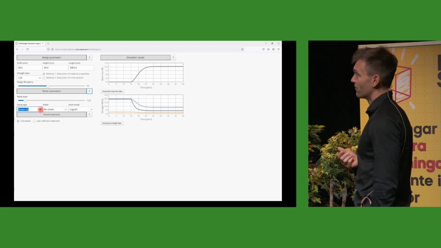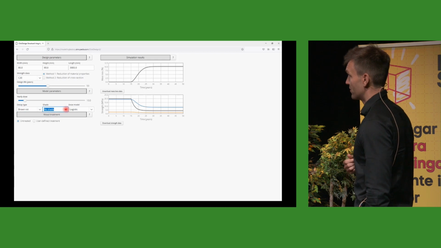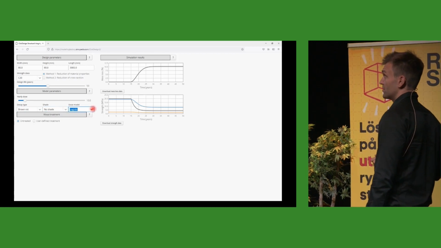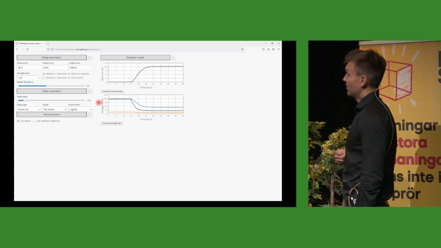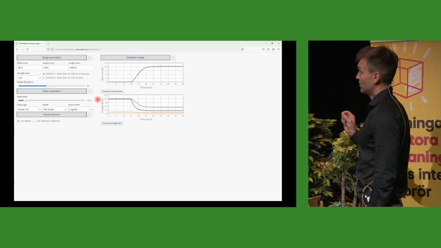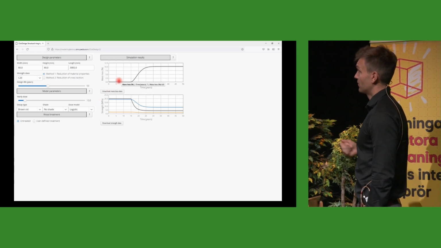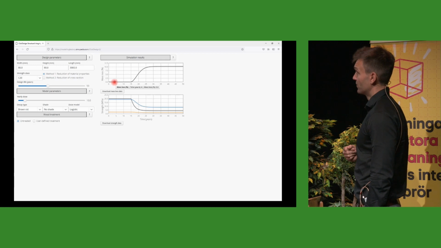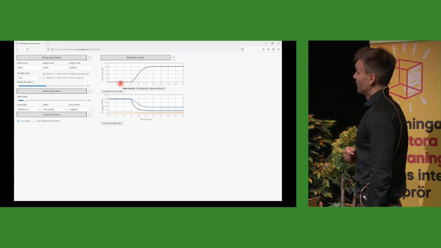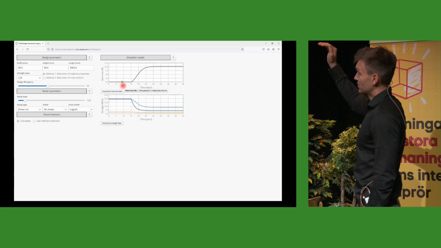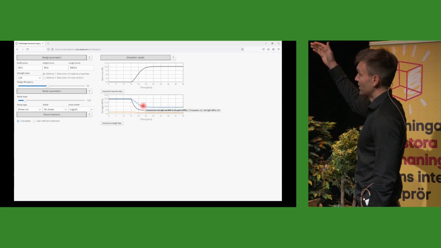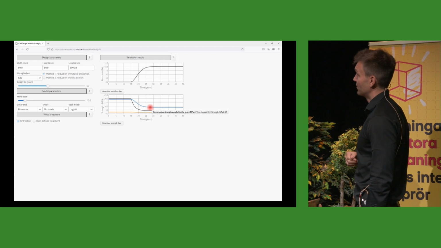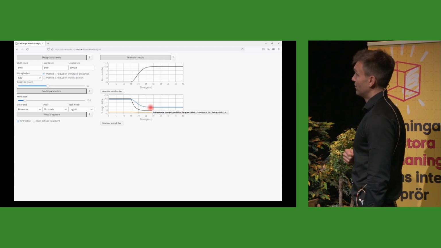For example, the mode of decay. Brown rot would be the most aggressive and the most common as well, at least in above ground applications. And then based on this, you can see how the strength decreases over time for the specific exposure conditions. And in this case, you have the residual strength in compression and tension and bending.